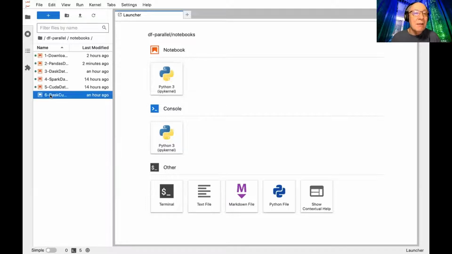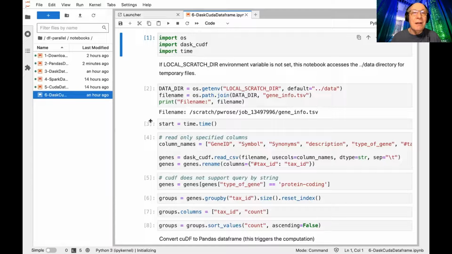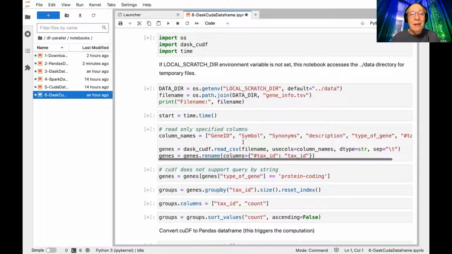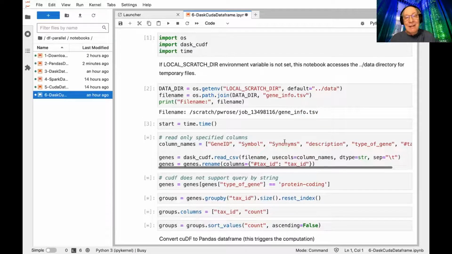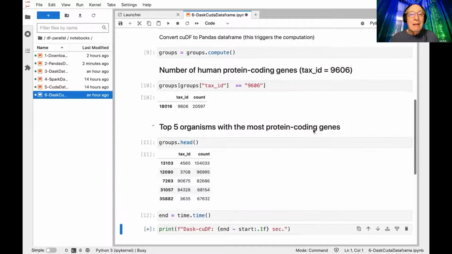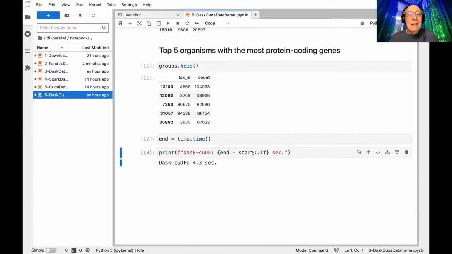In that case, the Dask CUDA data frame, which is this, is very easy to use. Instead of CUDA-DF, you read your file with Dask CUDA-DF, and that's, I think, the only change you need to make to your code. And let's run this. So it was a lot slower because it needs to break up this file into multiple partitions. So there's some overhead running this in parallel here, but it will work for very large data sets.